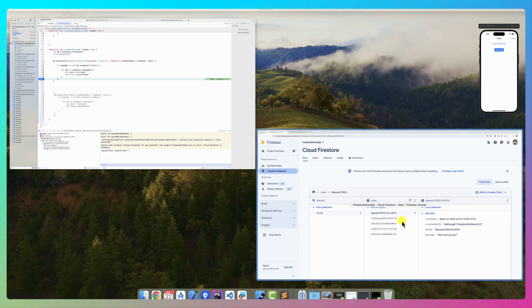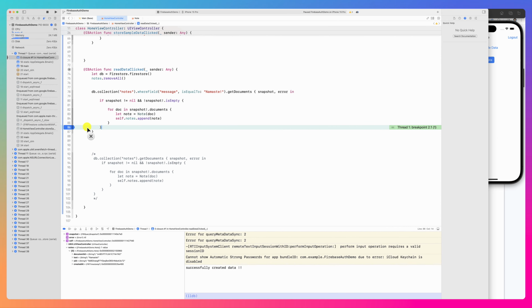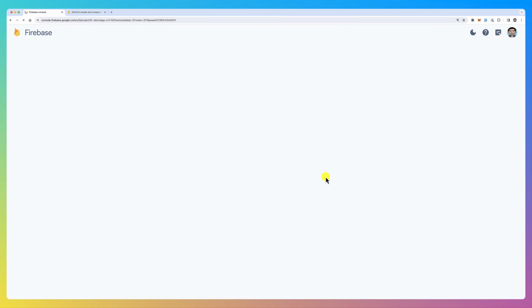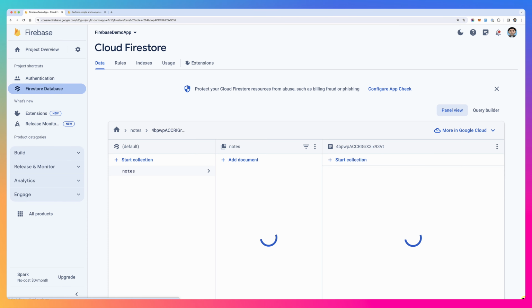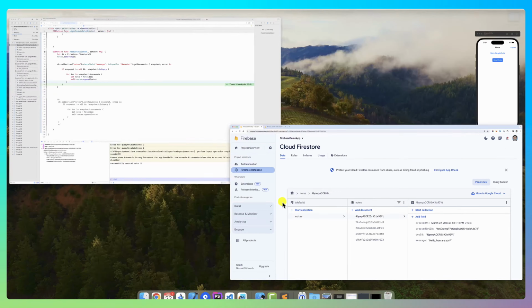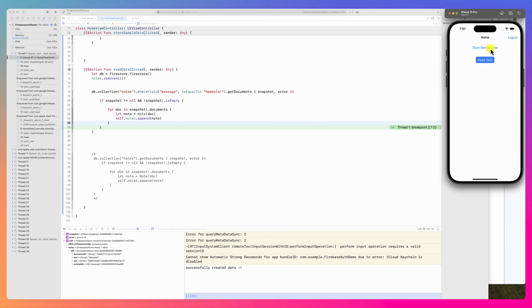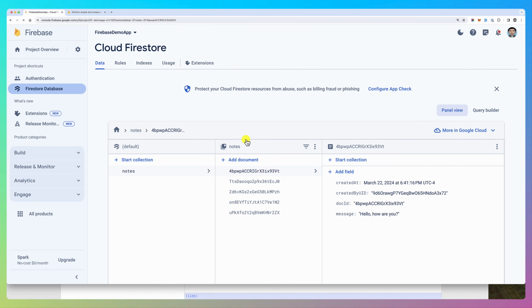So it seems that because we are filtering by Namaste, we are not filtering by user ID. Now let's say I would like to get only the documents for the currently logged in user. See, there are more documents now. Every time you click, it creates only one. So let me create more. Store sample data 1 2 3 4 5 6 7 8. So I added 8 items. Now when I refresh,